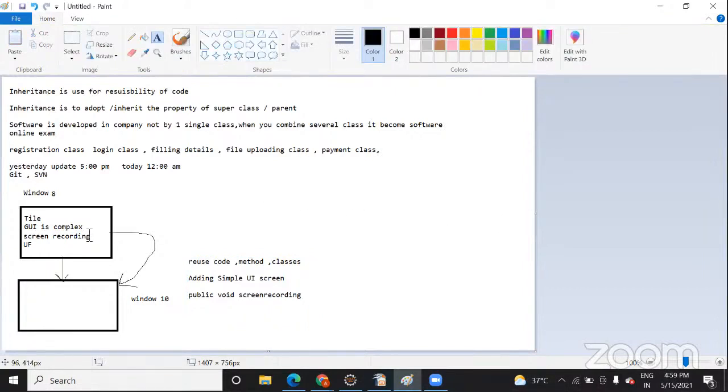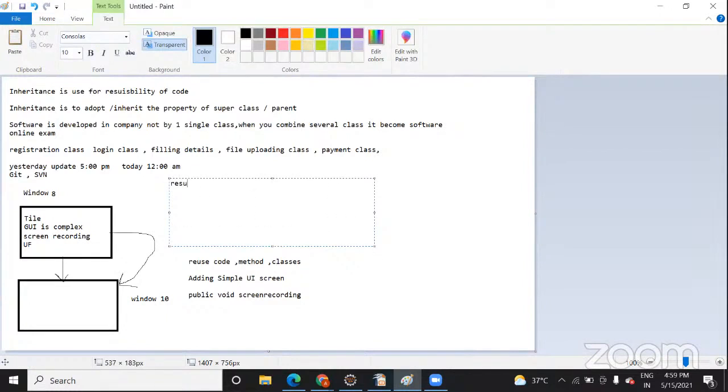So here the concept of reusability comes, where you can reuse the code and inherit the property. What are the advantages? Reusability of code is saved. Second, it saves your time.